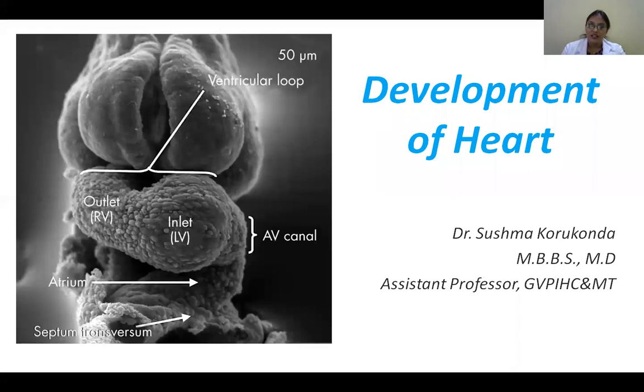Then you should know how this tube is being formed. A single tube is going to form the four chambers of your heart and also your outflow tract. If you remember the dissection of the thorax, you've seen the heart. There is a pulmonary artery and an aorta: the ascending aorta, the arch, and the descending aorta. All these are parts of the developing heart tube.